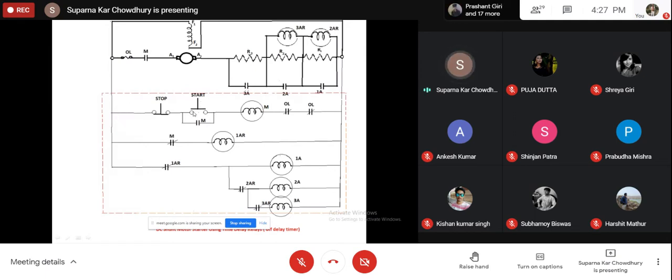So we press the start button. So this main coil M is excited. When M is excited, then this contact will close. So the motor will start with all the resistances in series with the armature. Then as M is excited, this contact will close. This will hold this